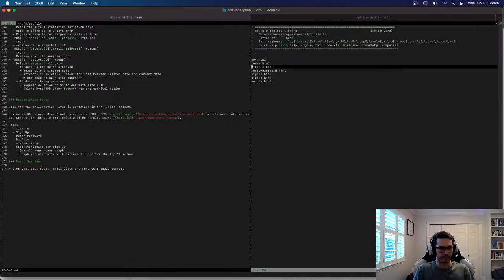What does that look like? So we have our sign in, sign up, reset password, profile. I did the verify, and then we're going to need site